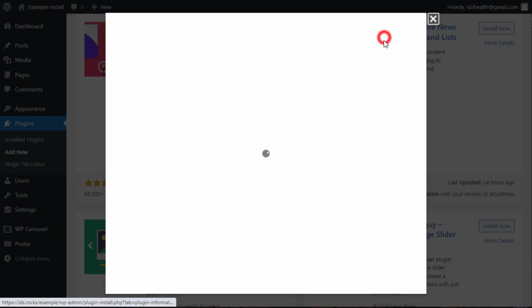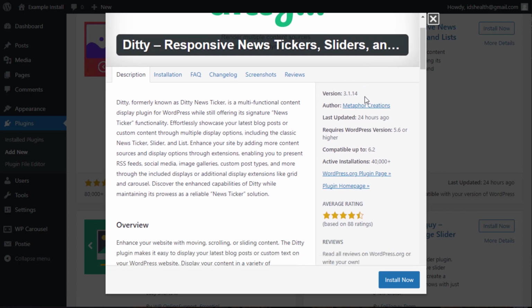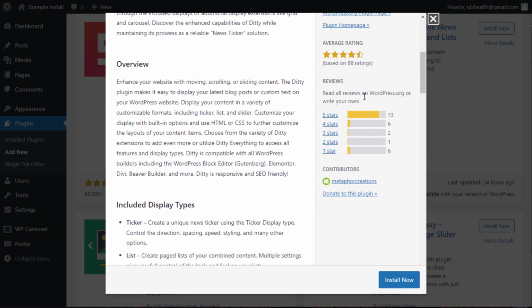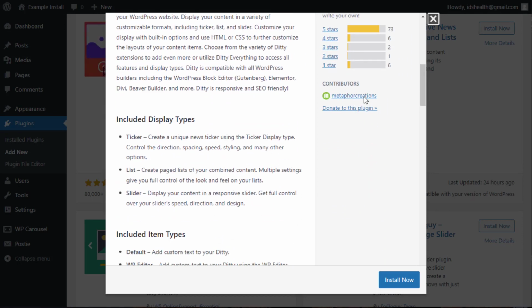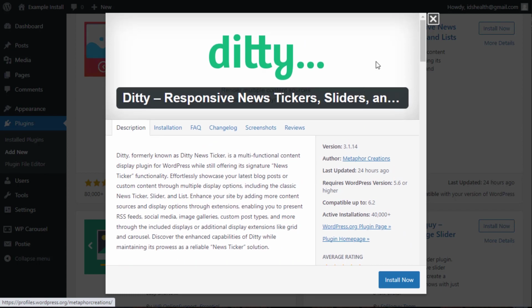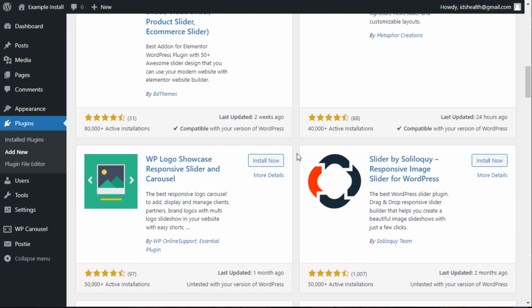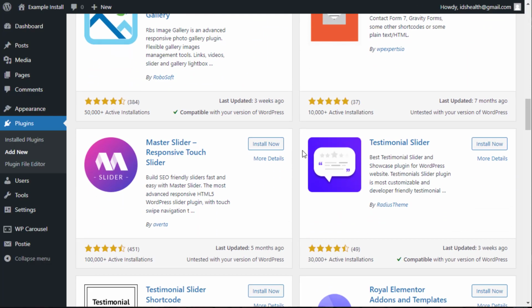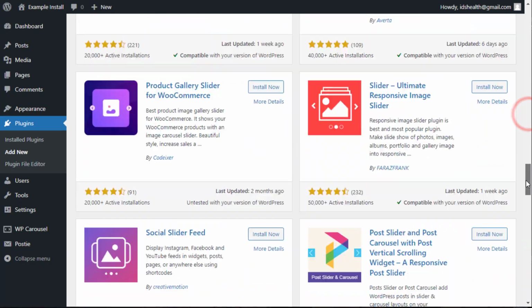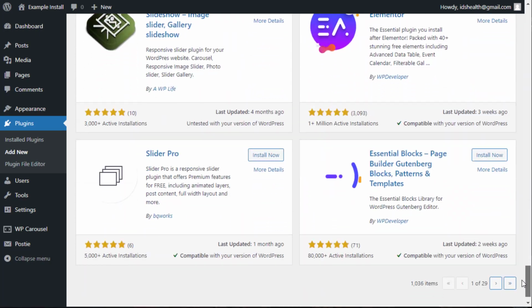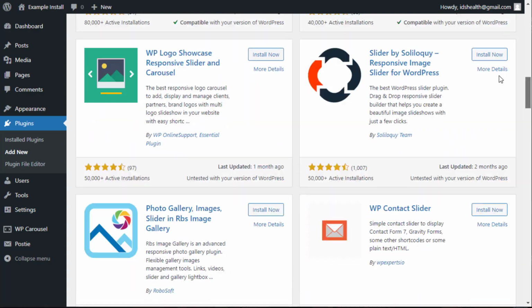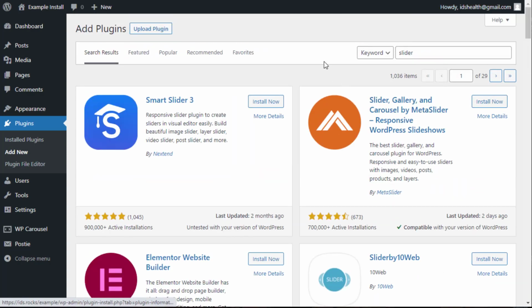Scroll down, look at another slider. Do the same thing. Kind of peruse the catalog and just see what's available, what people think of it, what the reviews are saying. I noticed that one was just updated 24 hours ago. So most of these are pretty well up to date. So super handy to be able to do that. Thousands upon thousands of plugins available. So there is the